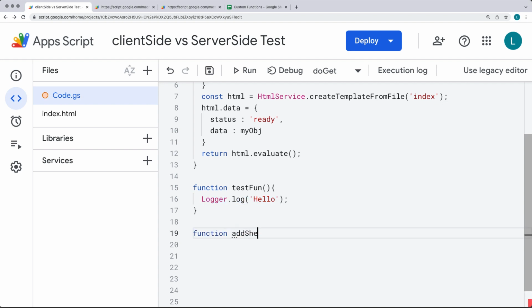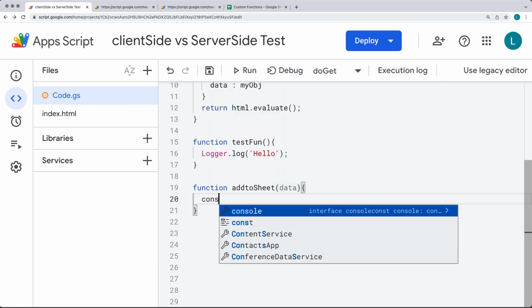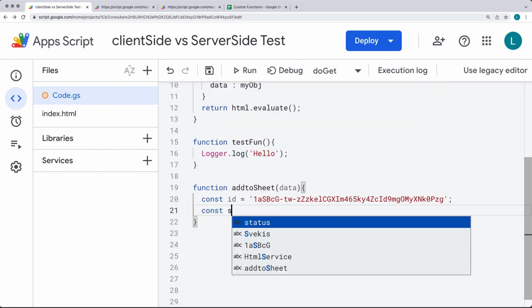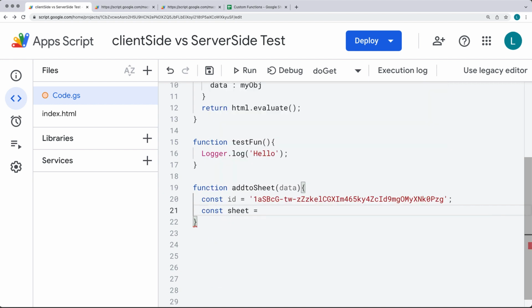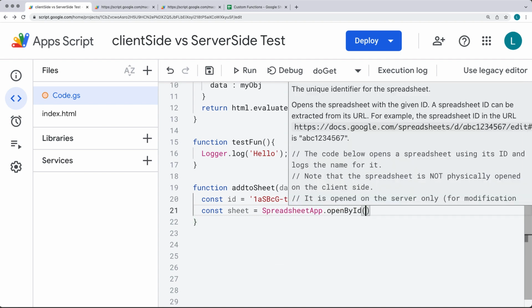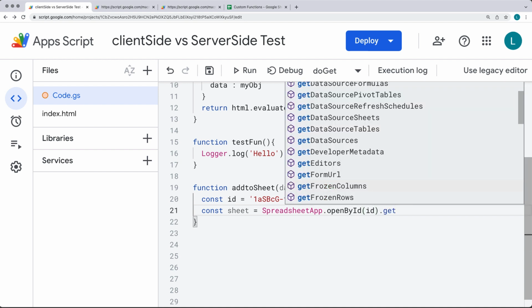And we'll create a function addToSheet. And then whatever data that we want to add to the spreadsheet. And this can be an array that we can just append to the spreadsheet as a row. So selecting the ID of the spreadsheet that we want to use. And we don't need the slash for the ID. And now let's select the sheet object. So using the SpreadsheetApp class, we can open by ID. And we've got the ID value for the sheet. And then getSheet